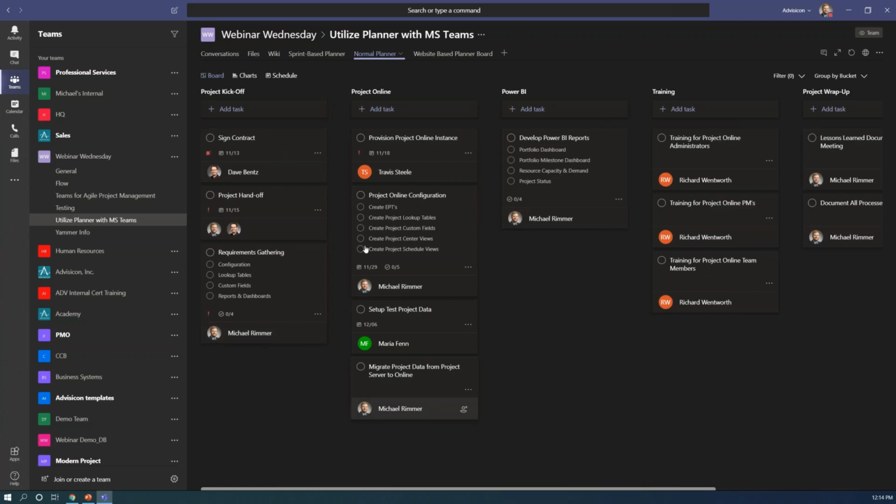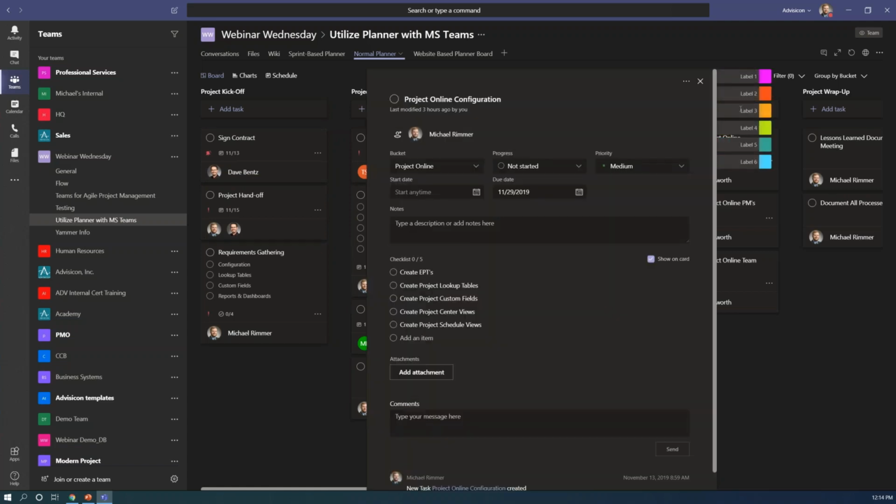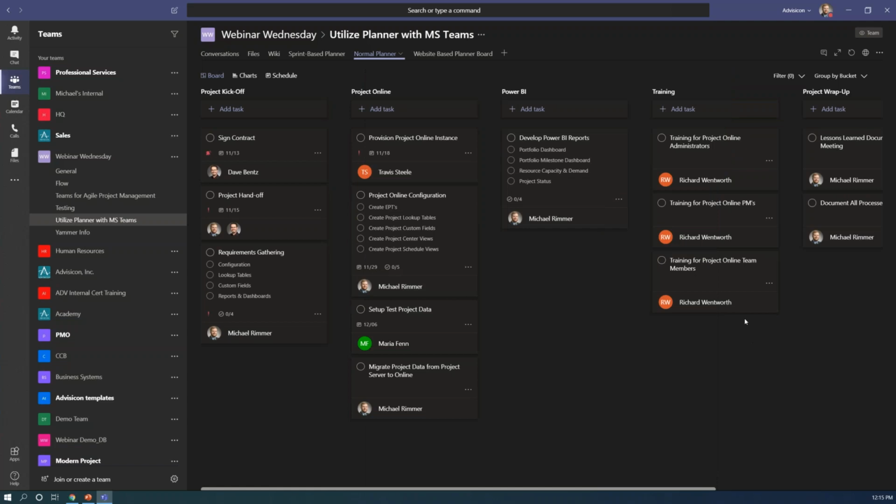Here you can see we have assigned tasks to everybody that's required that needs to do it. You can see that some of these are urgent. We have to sign the contract by today, and Dave is responsible for that. I still have the labels here. I have not filled them out for these tasks because I'm working on a Kanban-style system rather than a sprint, and I felt personally that just seeing what's urgent and important is what matters for me here. So different processes for different folks, depending on what you're looking for.